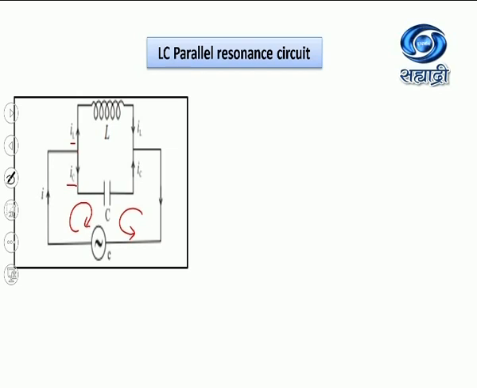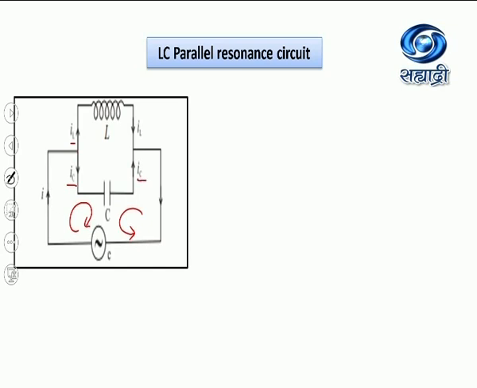As I stated, current will flow in one direction in one half cycle and in the opposite direction in the next half cycle. Now current I will come here. IL will be the current flowing through the inductor. IC will be the current flowing to the capacitor. Even though we say current flowing to the capacitor, actually current doesn't flow from one plate to the other plate, because there is either an air medium or a dielectric medium. Here, charging and discharging of the capacitor take place, and that's why the current is established. So don't be under the impression that it is flowing from one plate to the other plate. It is charging and discharging of the capacitor.